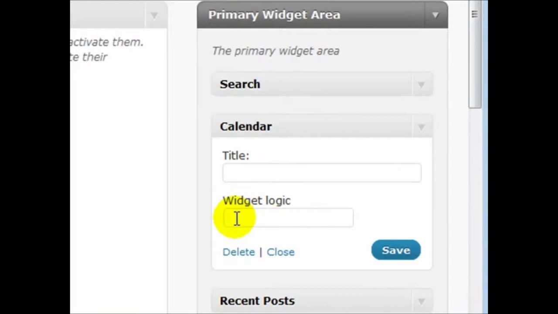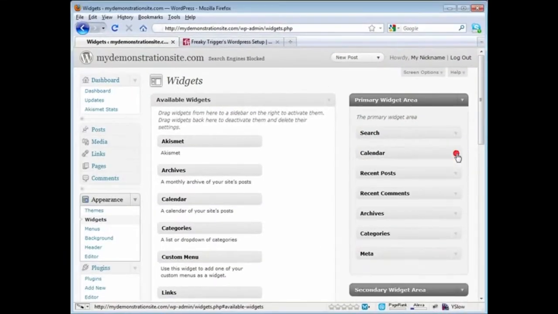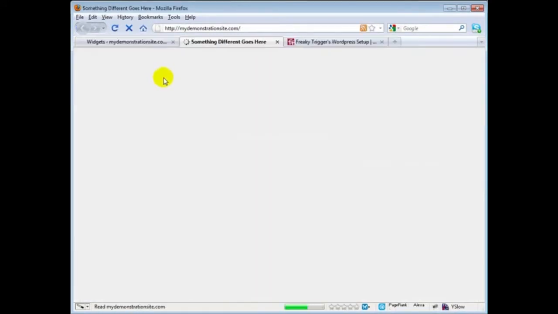You can see each one of these now has an additional field titled Widget Logic, and in here is where you insert the conditional tags that tell this particular widget, in this case calendar, to show up where you want it to when you want it to. So with this left blank, this is just a typical everyday calendar that will show up on any and all pages. For example, if we open this up into a new tab,